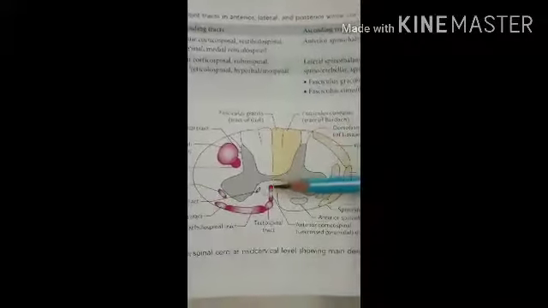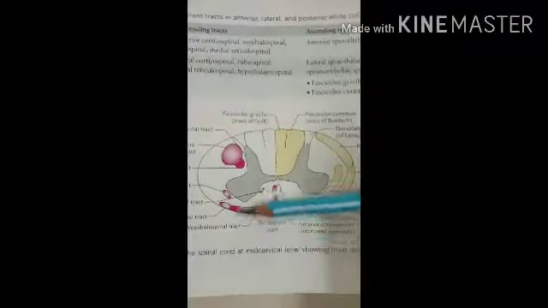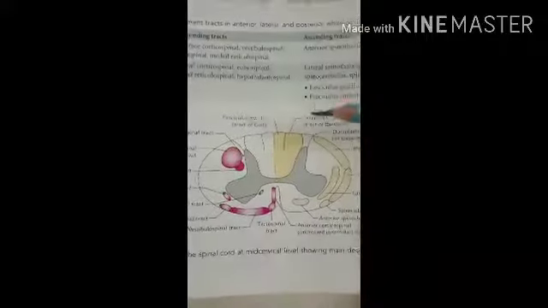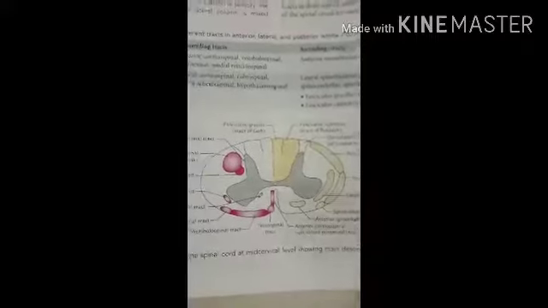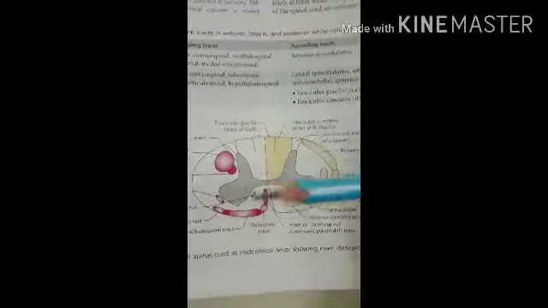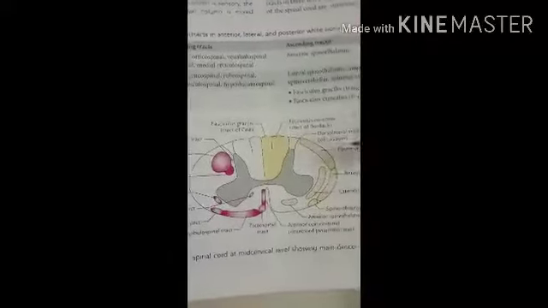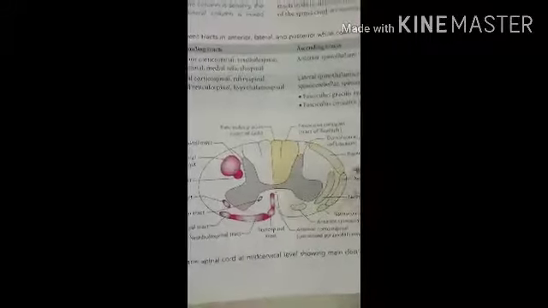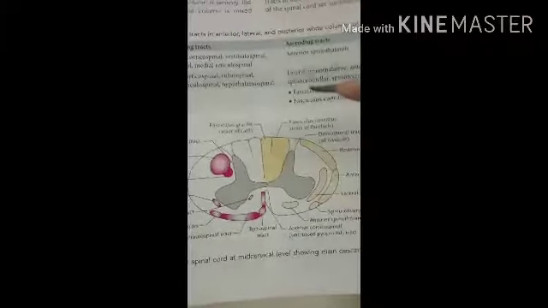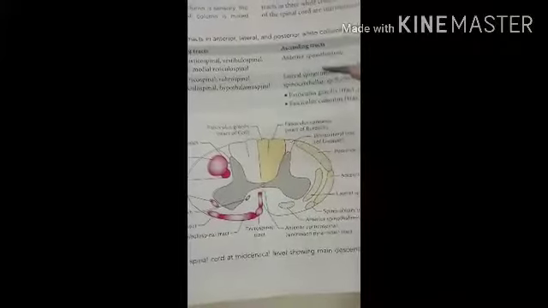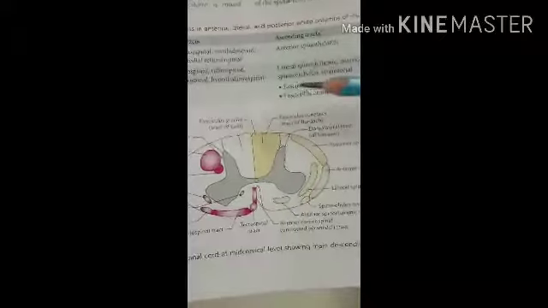This tract may be ascending, meaning it carries impulses from the organ to the CNS, or descending, carrying impulses from the cerebral cortex to the organ. So two types of tracts are present: ascending, called the sensory tract, and descending, called the motor tract. A large bundle of nerve fibers forming a tract is also called the fasciculi, the lemniscus, the ribbon, or the funiculi.